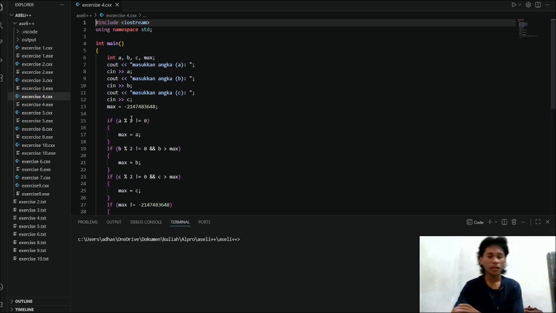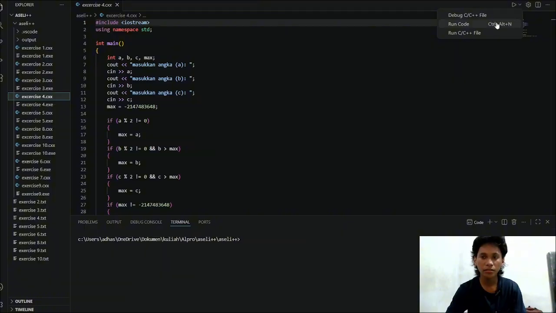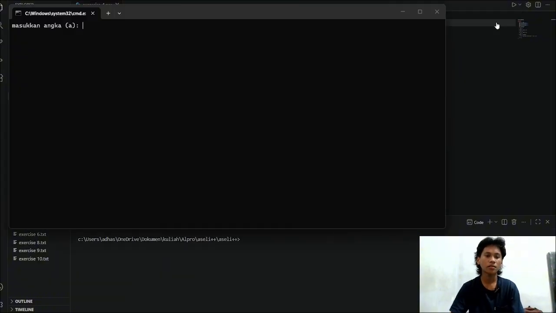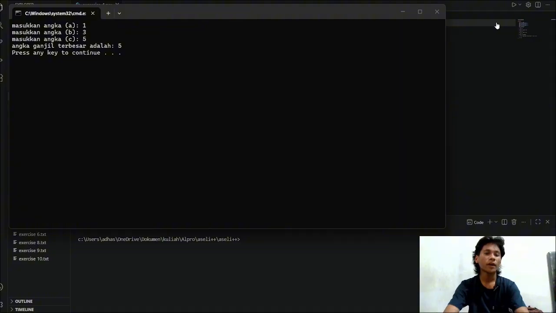So I will run the code, and then we will try using many different numbers. First, we're going to use all odd numbers. For example, when we use 1, 3, and 5, we got 5, which is correct.